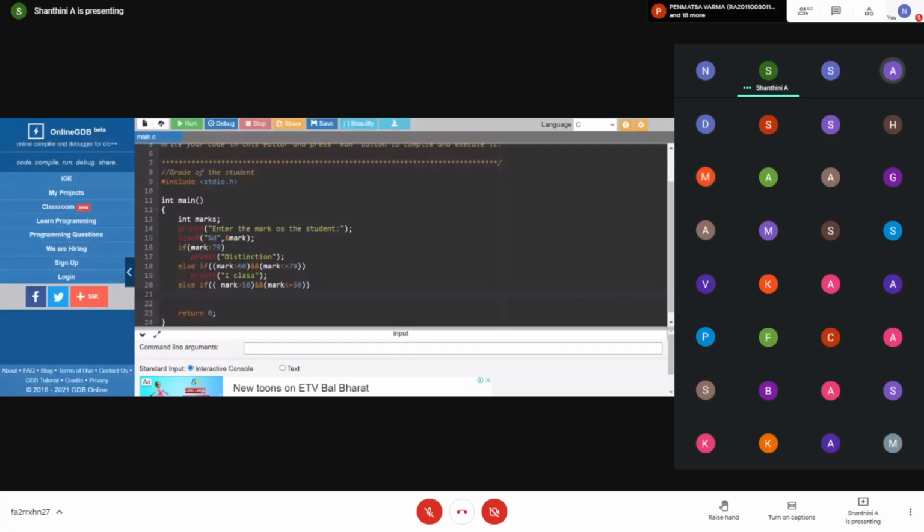So I'm going to give the mark of the student to be 73. Enter. So 73 means first class. It falls in the category between 60 to 79 and it prints. The coding is running, and as you can see, I'm getting the student mark alone and just printing the grade of the student. So the condition check with else if ladder we have done.